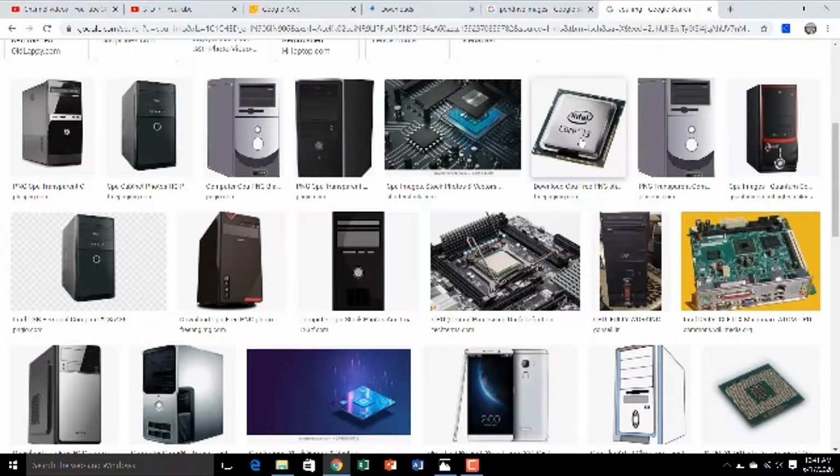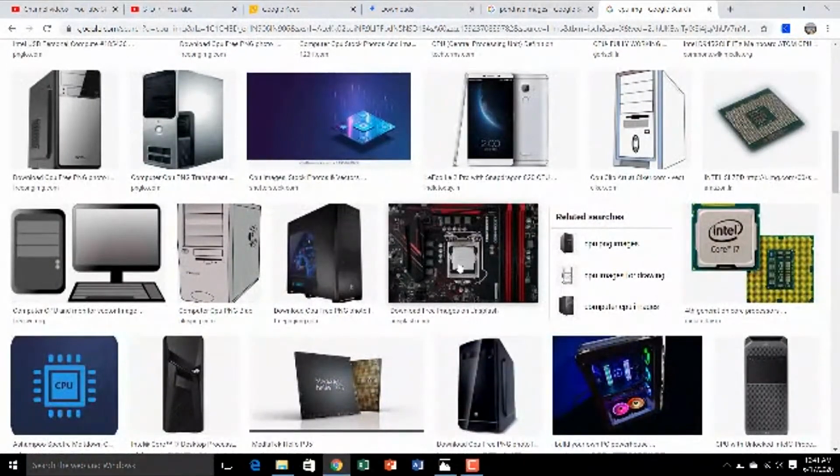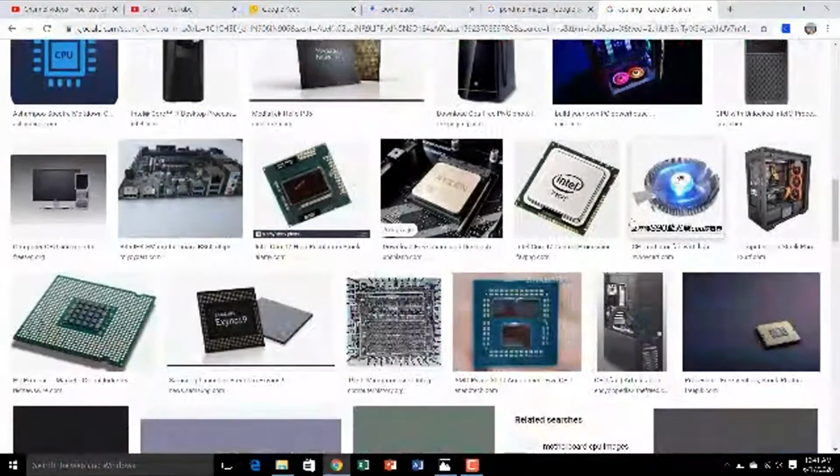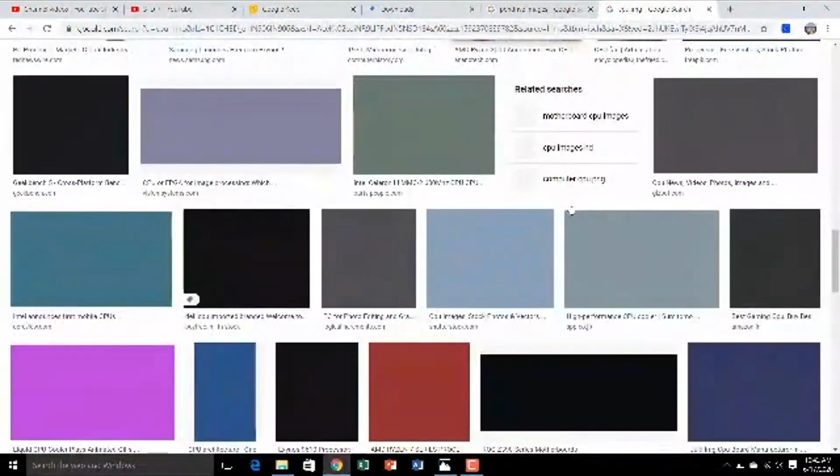See, this is an Intel Core i3. This kind of image shows the hardware components. This is the CPU, the Central Processing Unit. The main part of the computer is the processor or CPU. You can attach the CPU here on the motherboard. ROM can only be read by this CPU. Here you will see an Intel Core i7. These are the different latest versions of the CPU: i3, i5, i7.